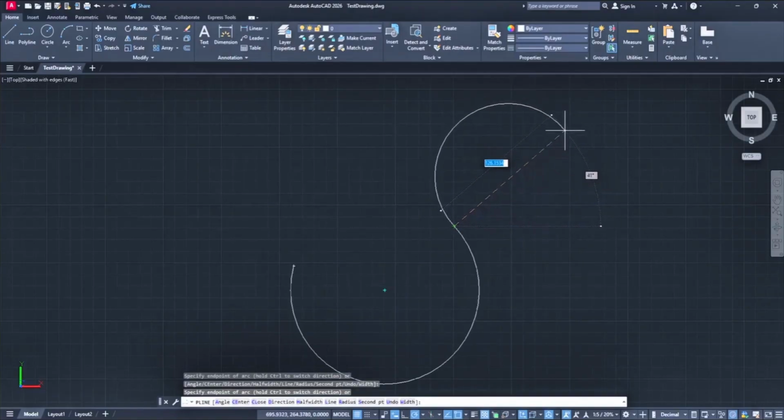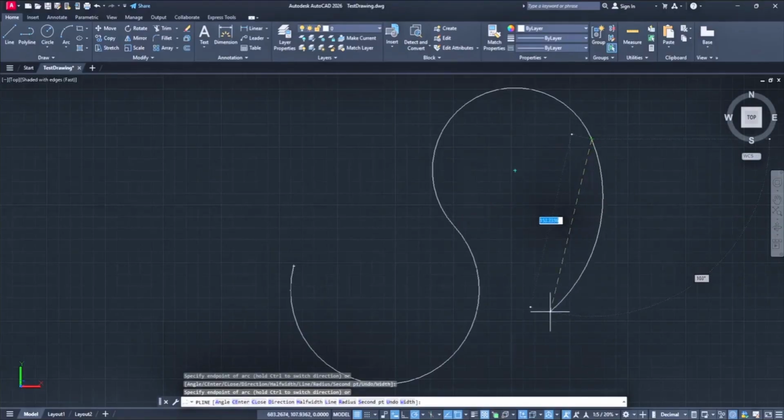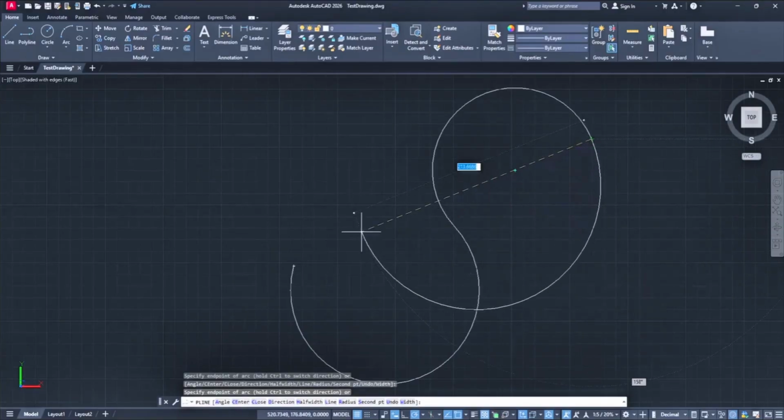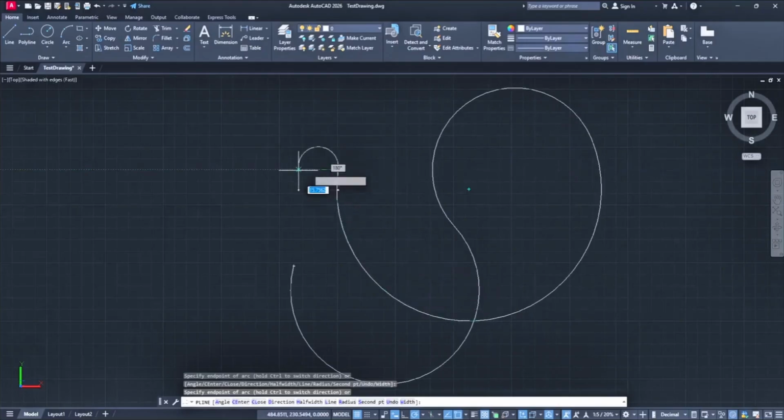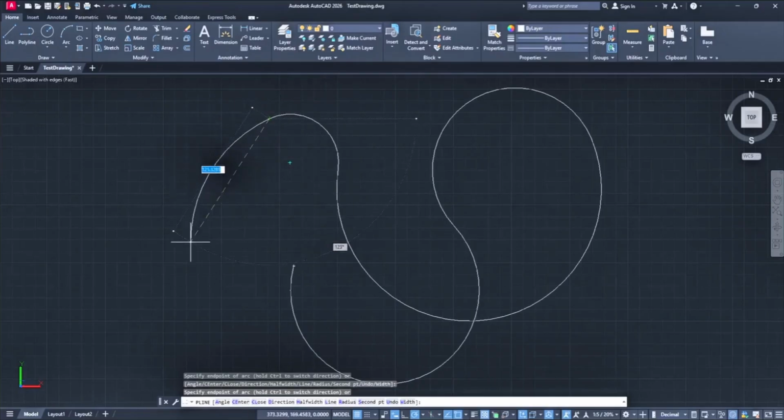Remember, polylines are fantastic tools in AutoCAD because they allow you to create complex shapes that remain as single entities. This makes them easier to manipulate and edit later, reducing the potential for errors and saving you valuable time in the design phase. Using the arc feature within polylines enhances your ability to produce more organic and flowing designs without losing the precision